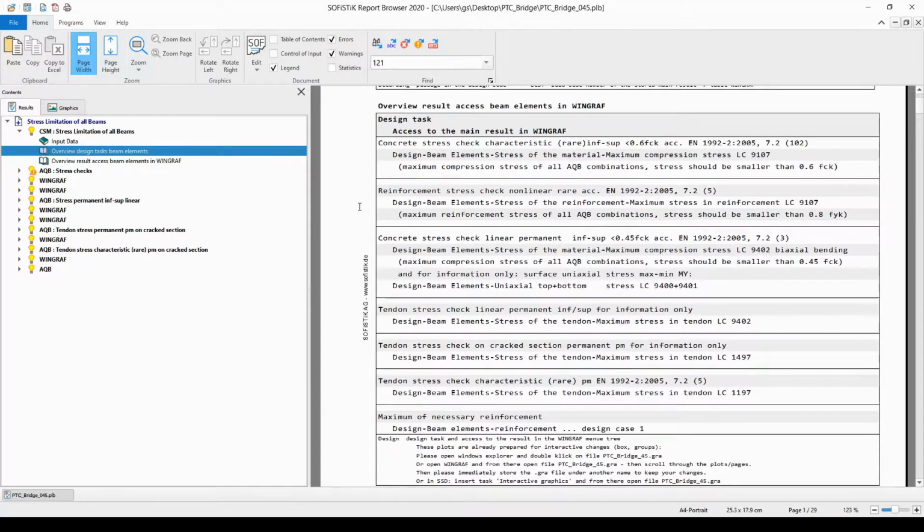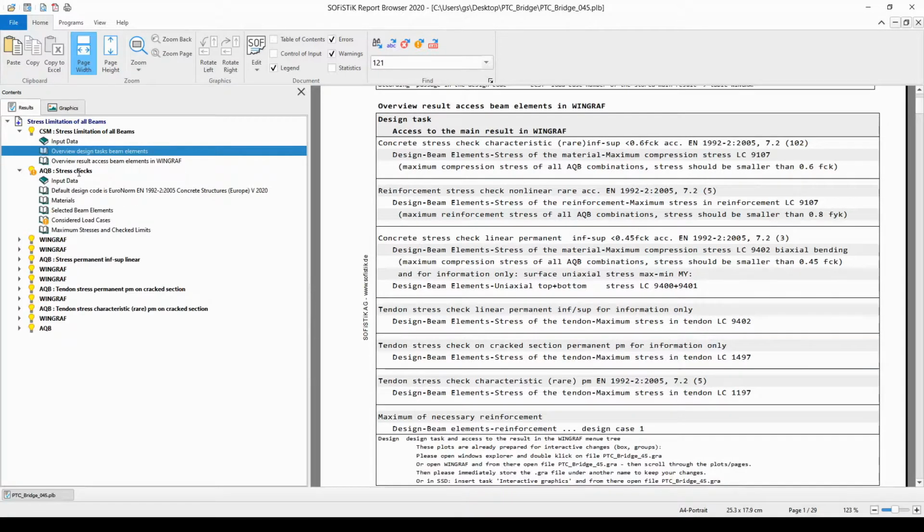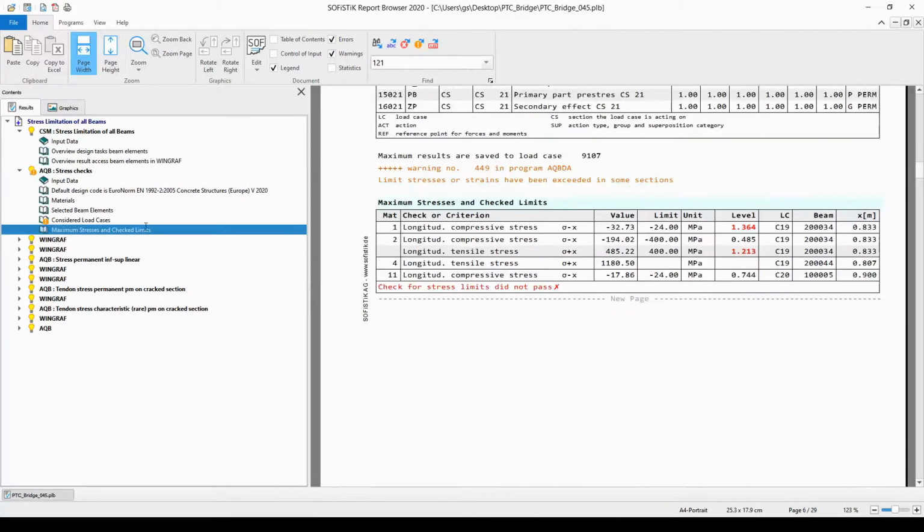Then it is worth to open up the AQB checks, since the results can be overviewed not just in a graphical format on the Graphics tab, but also in a table format in this Results tab. So if we, for example, open up the first AQB chapter, which is about the stress check, and choose the very last entry, which is the maximum stresses and checked limits, then we will find the same what we saw